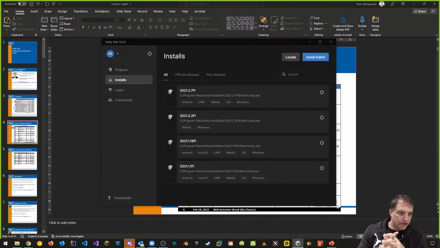Yes, go ahead. Can we have installs on different drives? I'm not sure what you want to do by that, okay? And how to do that. Why would you want to do installs on different drives? Did something happen? Why no Discord? Yeah, there's no Discord this semester because I've been asked not to do it. So that's why.